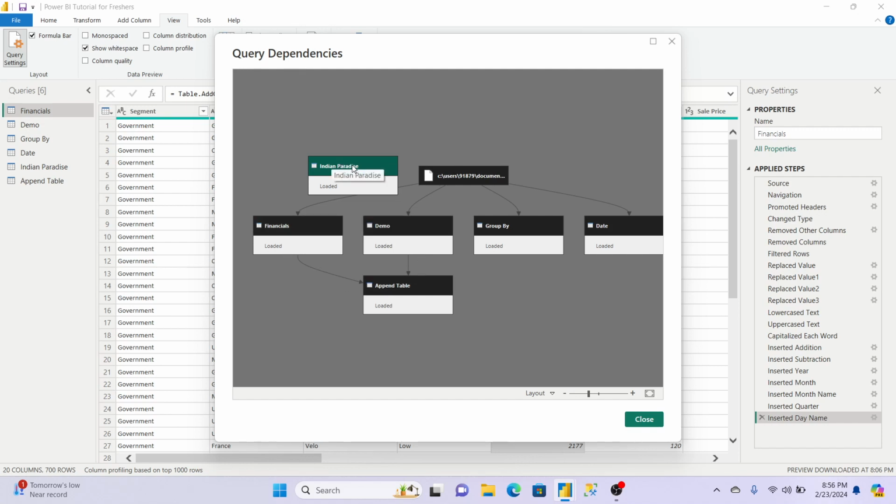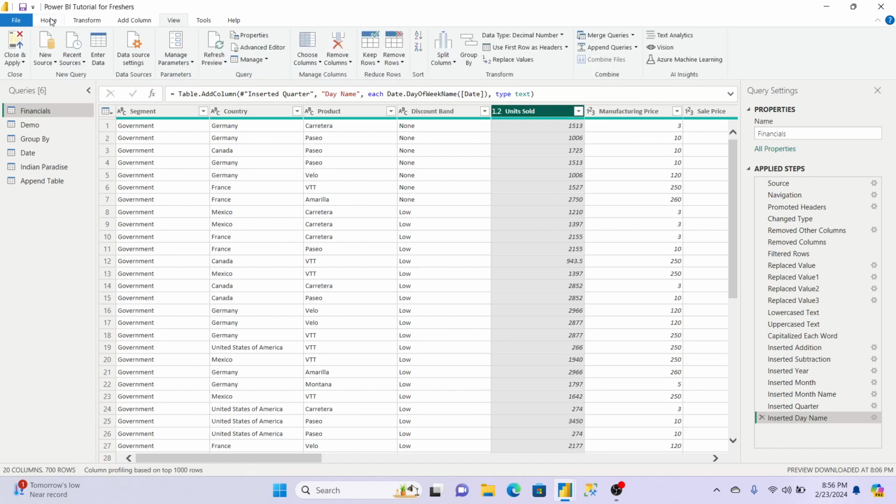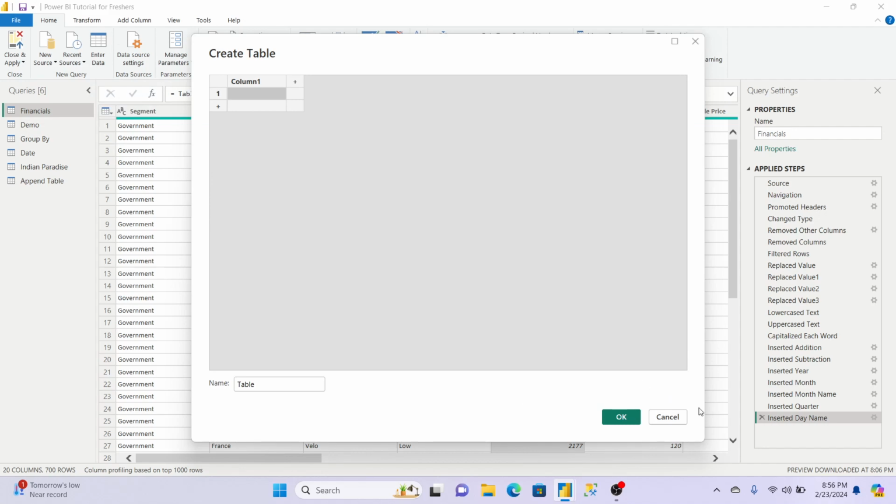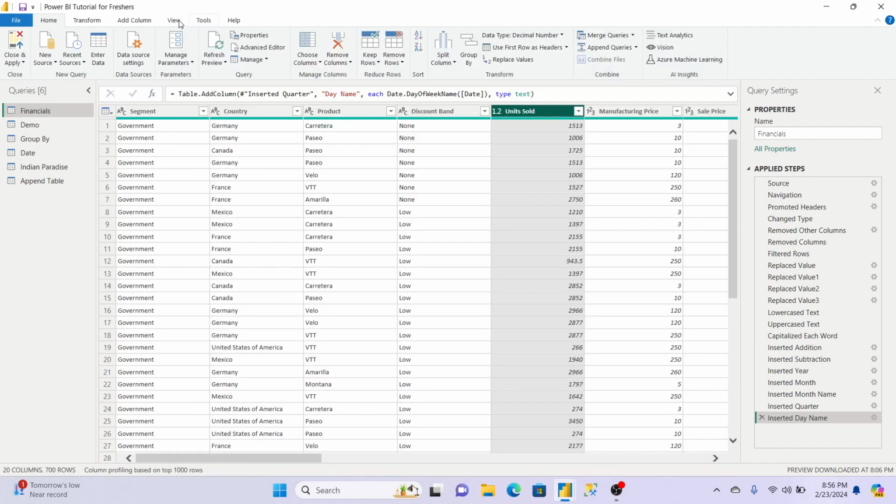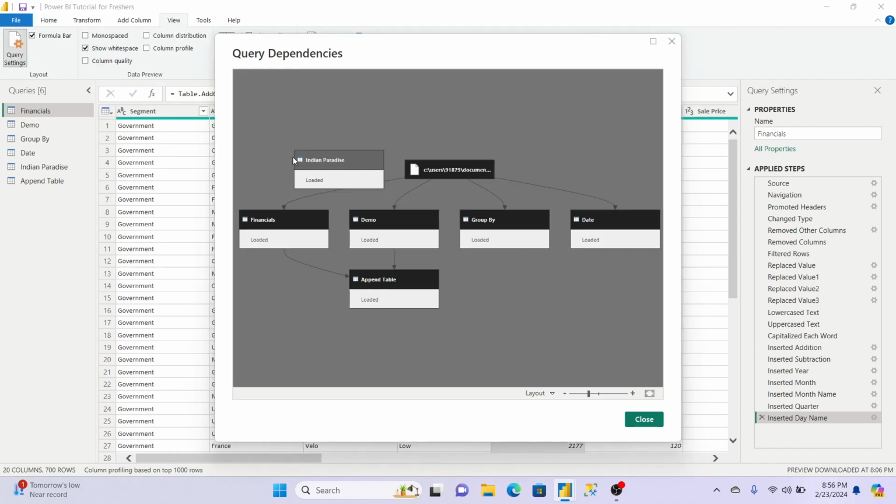And this Indian Paradise, why is it showing completely green? The reason is because it was manually created by us. You might remember in part 2 I showed you how we created it manually. So it is showing completely green here. Now you are able to see it is not attached with anyone.